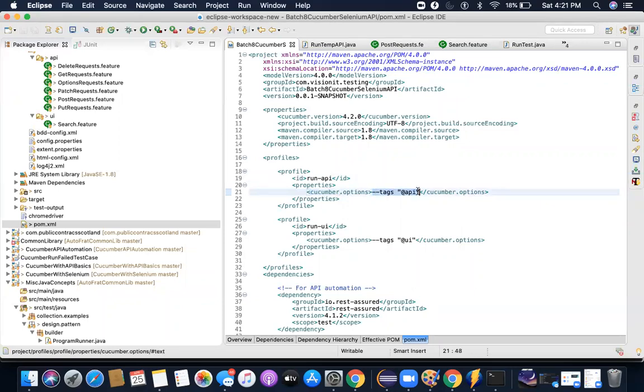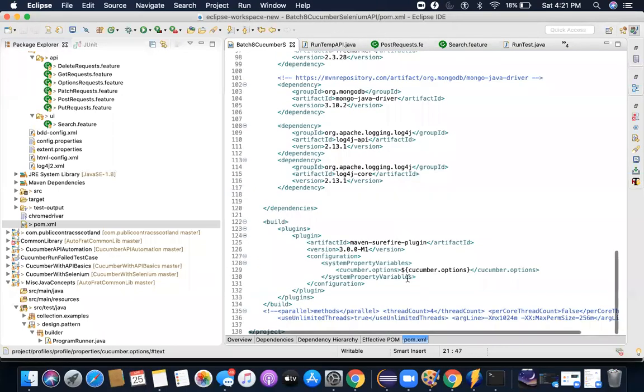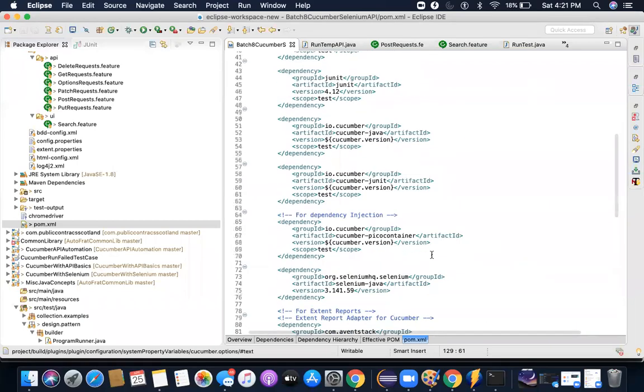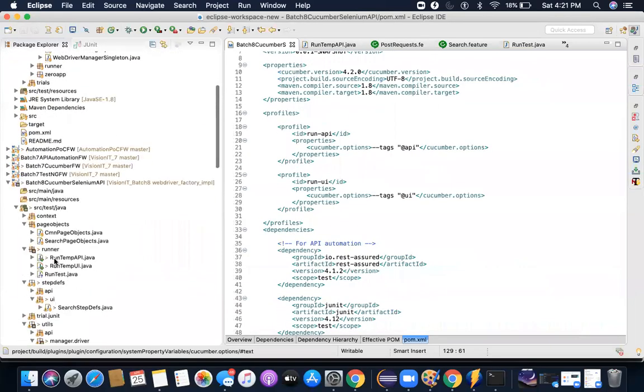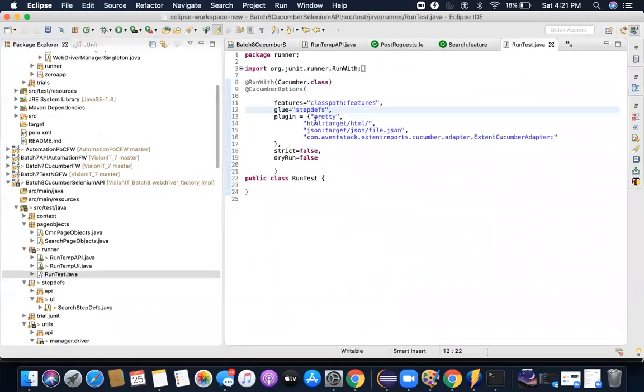and understands that this is what is to be used, it gets here, this is replaced by -tags @UI. That -tags @UI is passed where? It gets passed to the run test. You can understand it that tags are being appended here, tags @UI, and that is what gets executed. Okay, so let me just show you.